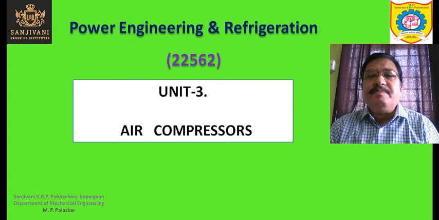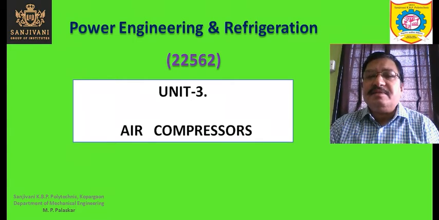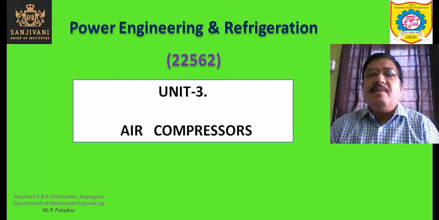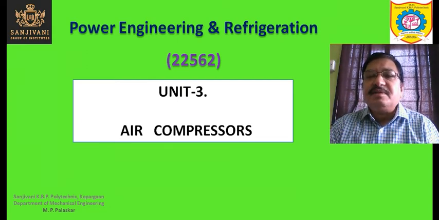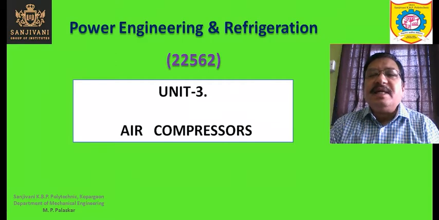The air compressor is a power consuming device. Though this air compressor consumes the power, it has several applications in the industry. So many uses. Air is compressed and it is used for cleaning. It is used to fill the compressed, high pressure air in the tires of the vehicles. It is used for tightening the nuts and bolts. It is used for spray painting. So there are several applications of compressed air.